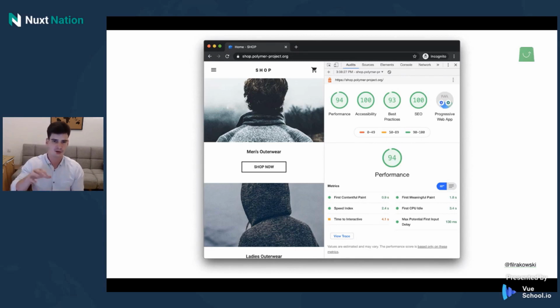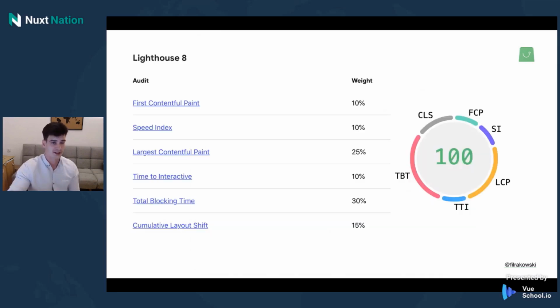And Lighthouse boils down performance of your website to a single number between 1 and 100. A score below 50 is treated as bad, and a score above 90 is treated as good. But you could have a question like where all these magical numbers are coming from. So it turns out that each metric has its own weight that corresponds to the impact on overall experience of